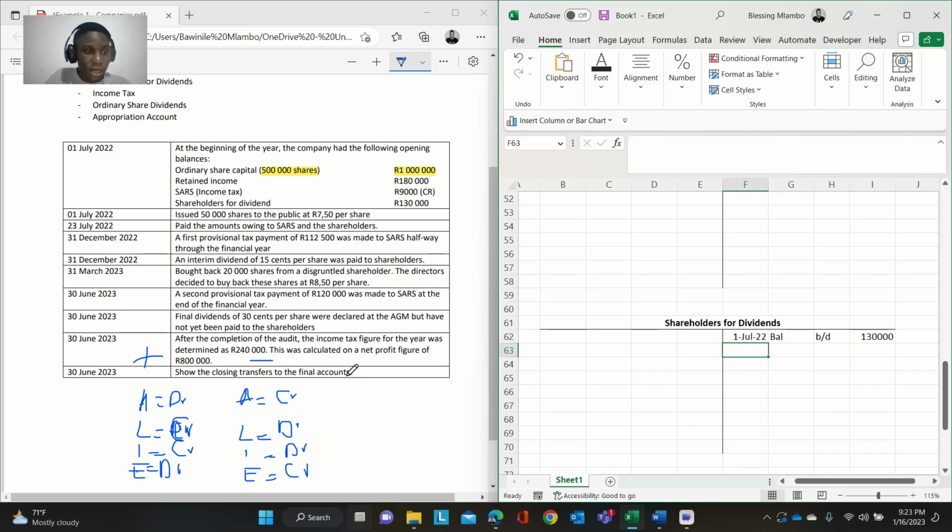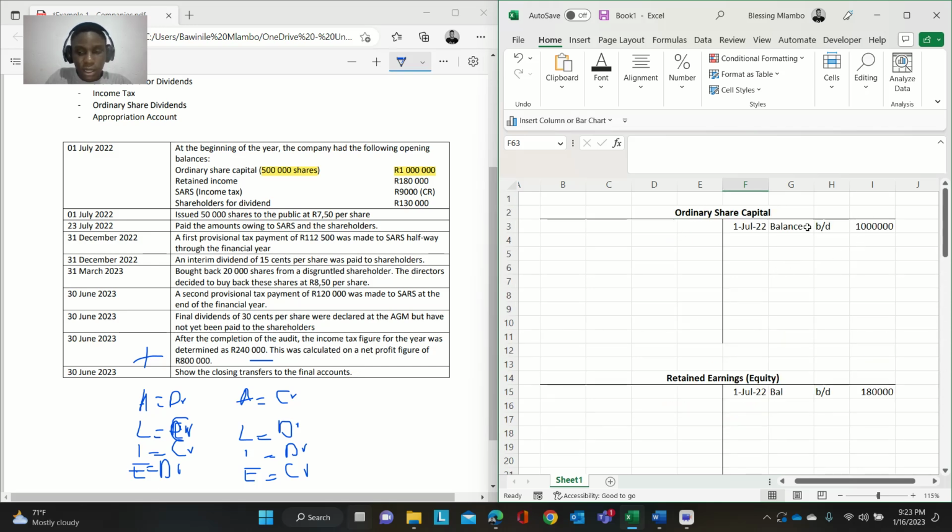The second account affected is the ordinary share capital. Remember, I said when shareholders buy shares in the company, their wealth in the company increases, and this wealth is equity, and it's contained in ordinary share capital. When the ordinary share capital account increases, it shows an increase in the owner's wealth in the company, and it increases on the credit side. So when the company issues shares, the ordinary share capital increases on the credit side. It is credited. So we're going to credit ordinary share capital on the 1st of July